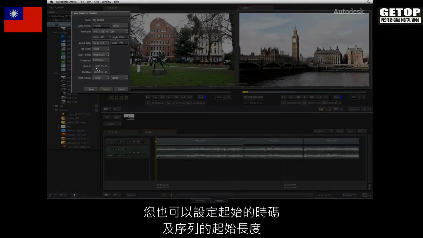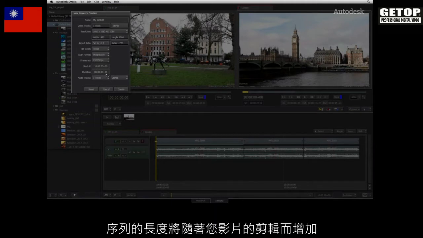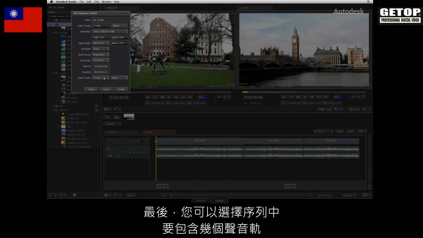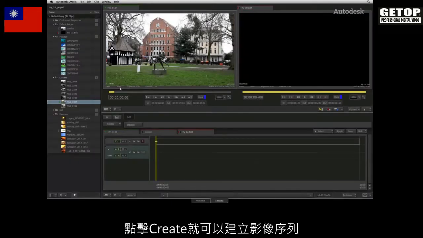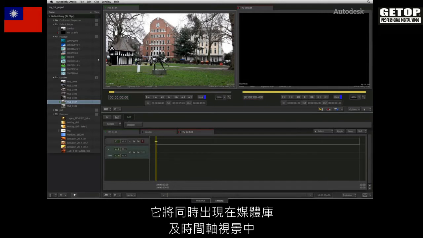You can also set the start time code as well as an initial duration for the sequence. The duration will obviously grow as you edit the clips into the sequence. Finally, you can choose how many audio tracks to create in the sequence and whether they are mono or stereo. Click Create to create the sequence, and it will appear in the media library as well as in the timeline